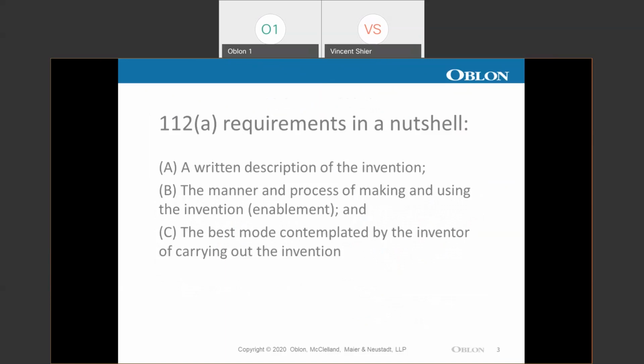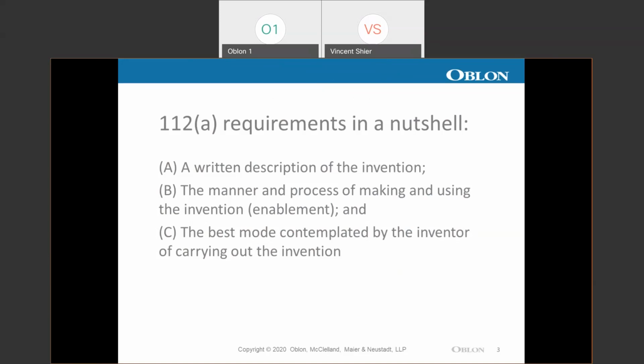So whether pre-AIA or following the AIA, 35 U.S.C. 112 contains 3 requirements: the written description of the invention, the manner and process of making and using the invention, or enablement, and the best mode contemplated by the inventor of carrying out the invention. While the AIA diminished the practical importance of the best mode requirement, written description and enablement requirements are core patent requirements and are frequently at the heart of patent prosecution contests and invalidity contentions in litigation, especially in the life